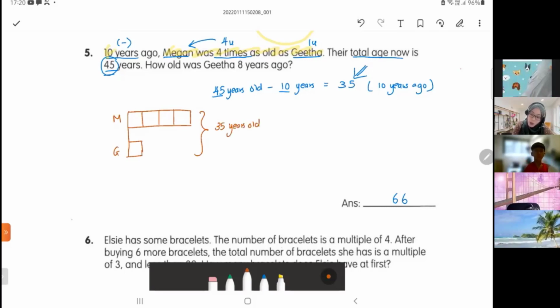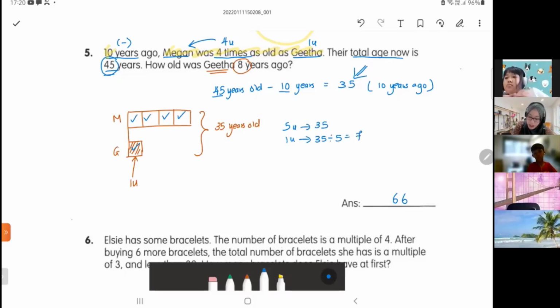All right, so I want to know how old is Geeta 8 years ago. So you go and find out Geeta first in this model that is here. I want to find 1 unit. Now, how many units is 35? 1, 2, 3, 4, 5. 5 units is 35. 1 unit is 35 divided by 5 equals 7, 7 times table 5. Now, this is Geeta